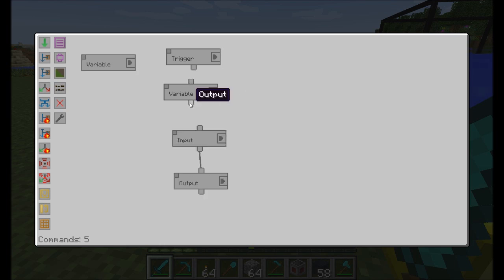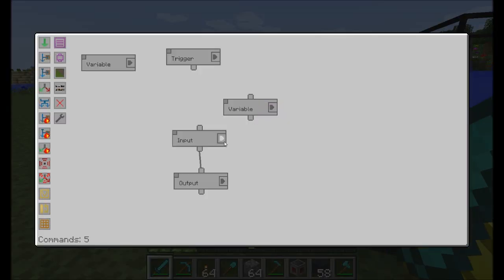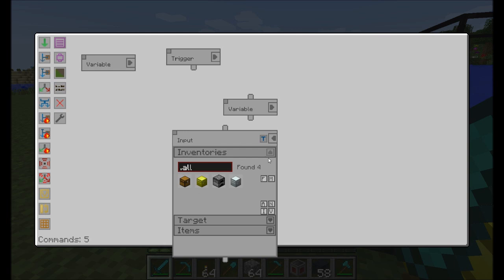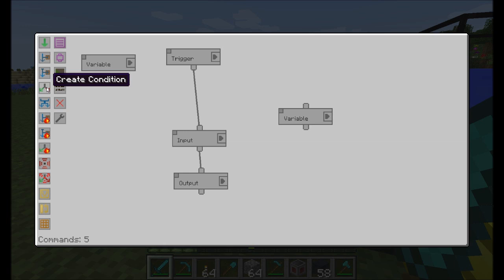So when this thing is activated, we're going to add the wooden chest to the white variable. And remember, the input target is actually the white variable here. Okay, so let's see what happens when we have this run. The way I'm going to do that is we're going to do a conditional. So let me create a conditional trigger, and we'll say that in the event